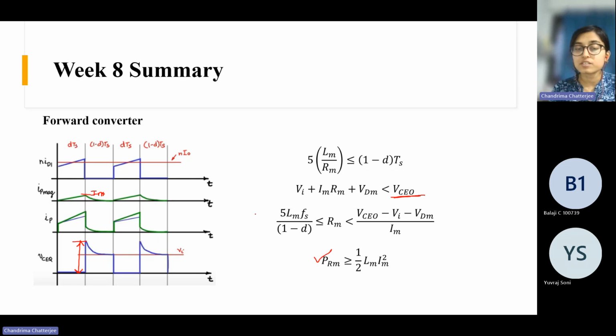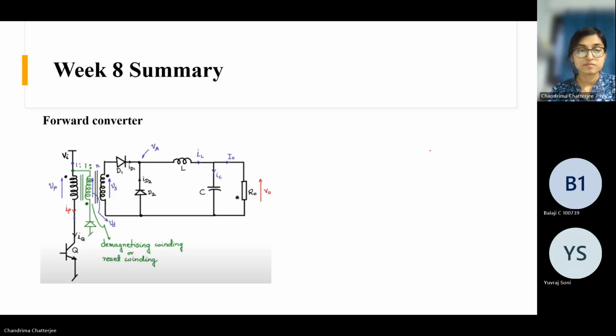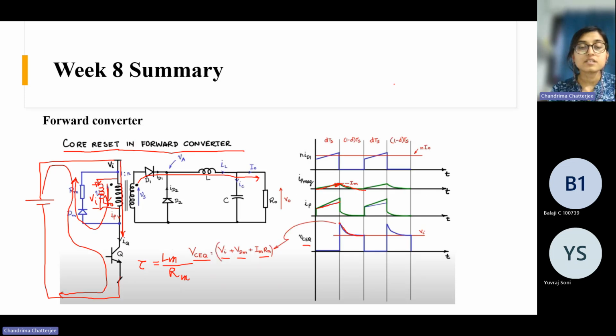So these relations you need to remember while designing the forward converter. Okay. Another thing is that